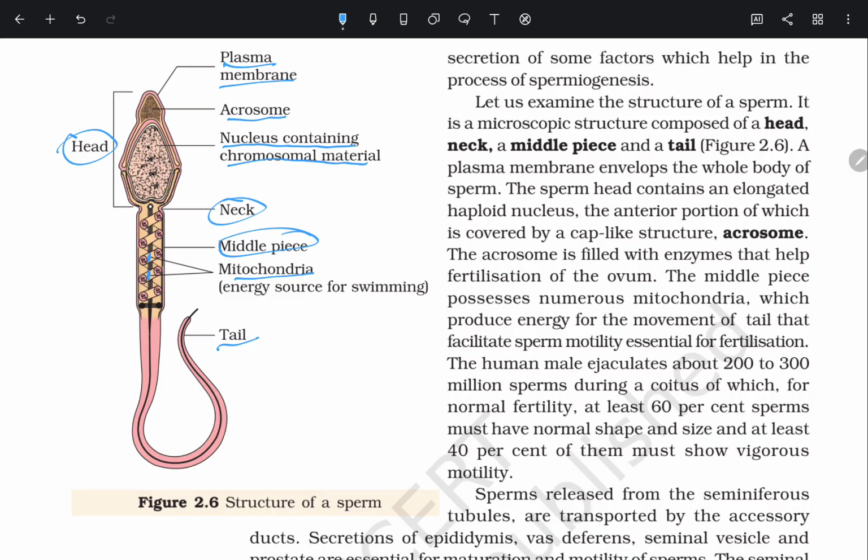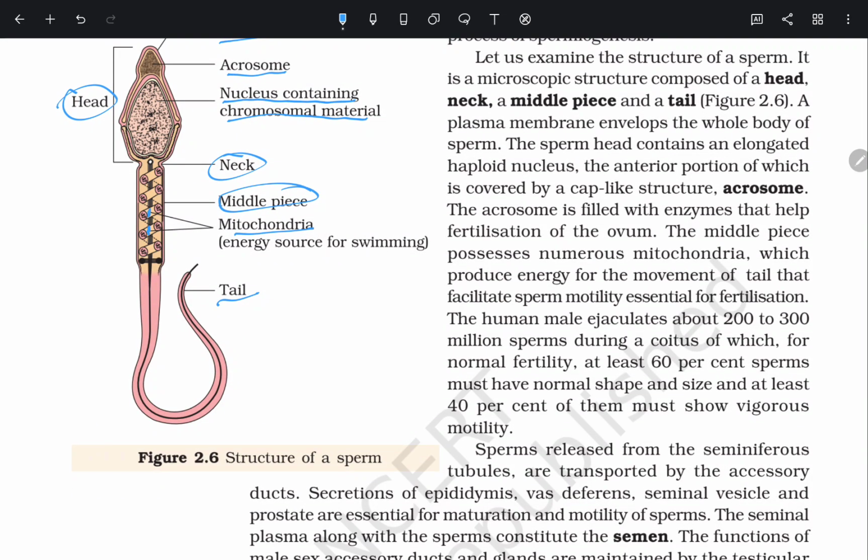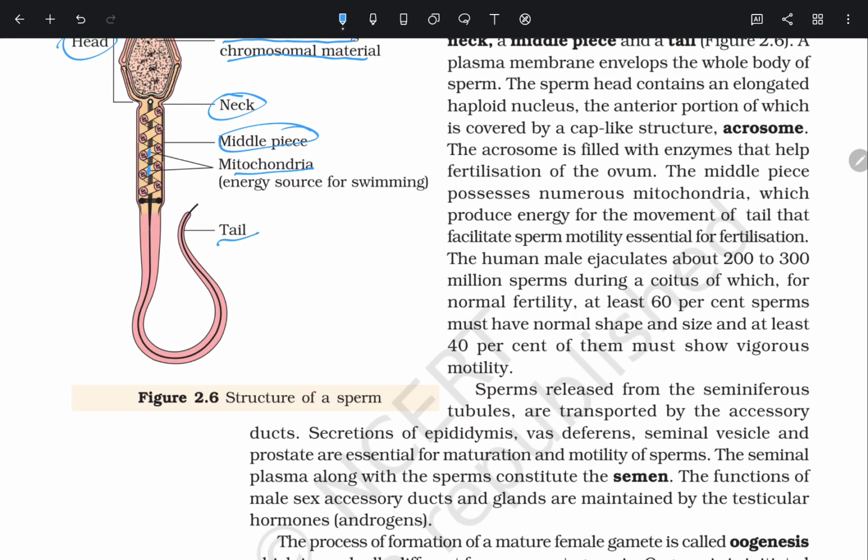A plasma membrane envelops the whole body of sperm. The sperm head contains an elongated haploid nucleus, the anterior portion of which is covered by a cap-like structure, the acrosome. The acrosome is filled with enzymes that help fertilization of the ovum. The middle piece possesses numerous mitochondria which produce energy for the movement of the tail that facilitates sperm motility essential for